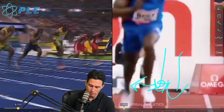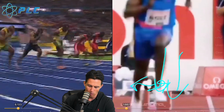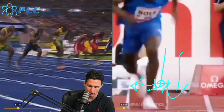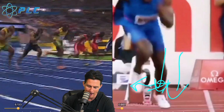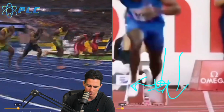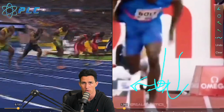But we do see that he is creating a lot of cycle within the legs, or a lot of action in the legs, to make it so he can pick up more distance per step, which I think is important to understand when you're coming out of the blocks. Make sure that you're getting plenty of range in the legs, and your knees are coming kind of in to out, and the feet are coming in to out, so he's striking the ground with the foot going outwards instead of inwards, where I see a lot of people